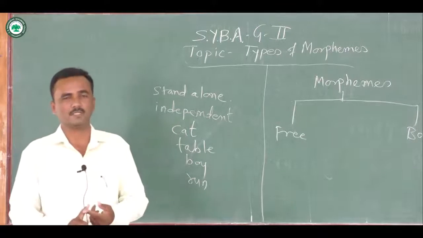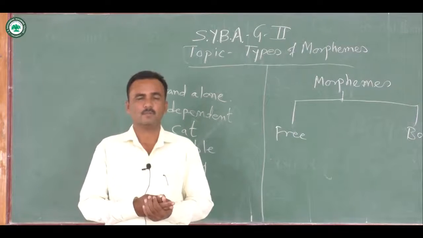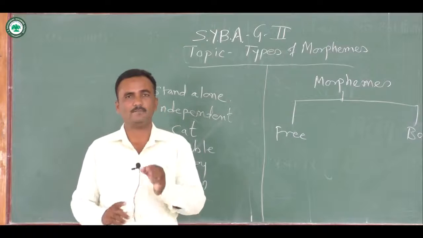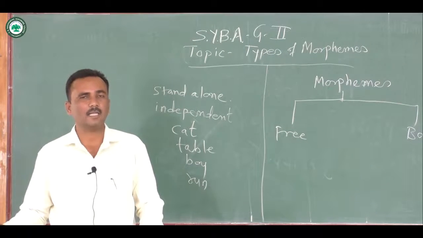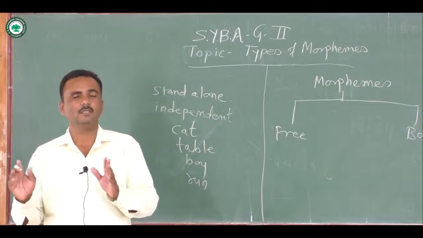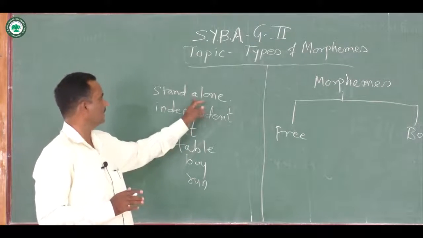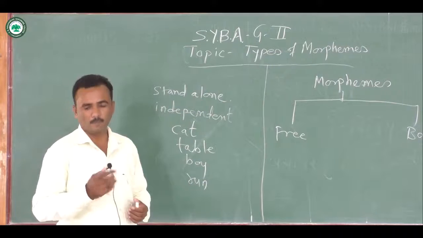As far as the free morpheme is concerned, we have to keep in mind, if we have to write or define the free morpheme, remember, free morphemes are the morphemes which can stand alone, which are independent, and it is not necessary to attach them to another word for the meaning. It means they can provide meaning without getting attached to other words. This is the important thing. They can stand alone, they are independent, and there is no need to attach them to other words for the meaning. Such words which stand alone to pass on the meaning are called free morphemes. The second category is bound morpheme.